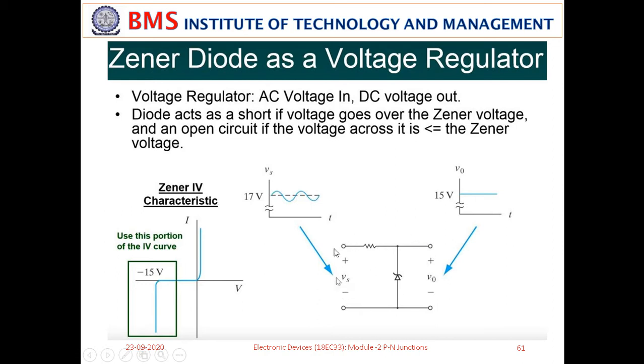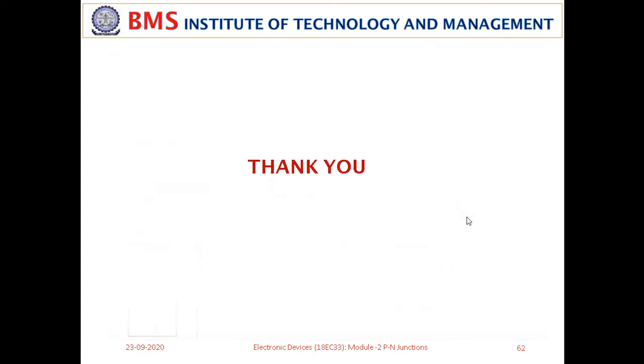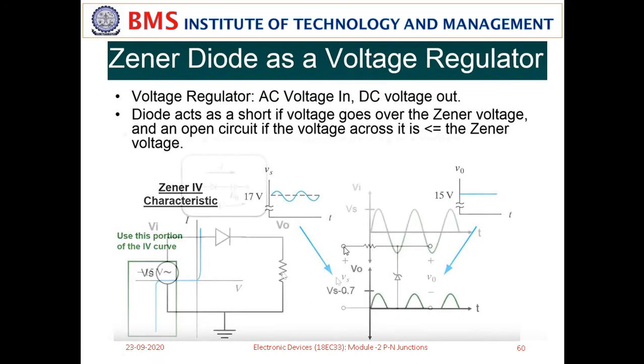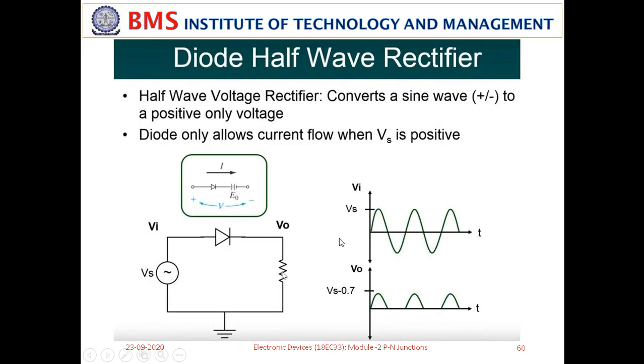Depending on the AC input voltage, it maintains a constant voltage at the output. Up to the Zener voltage, or if it exceeds it, it maintains Vs. Since it is continuously shorted, it maintains Vs at the output. This is how the circuit functions, and you get a constant DC voltage as output, as you are seeing. I think with that we have almost completed this chapter, and if you have any questions you can take them up. There is one problem which I would like to illustrate.